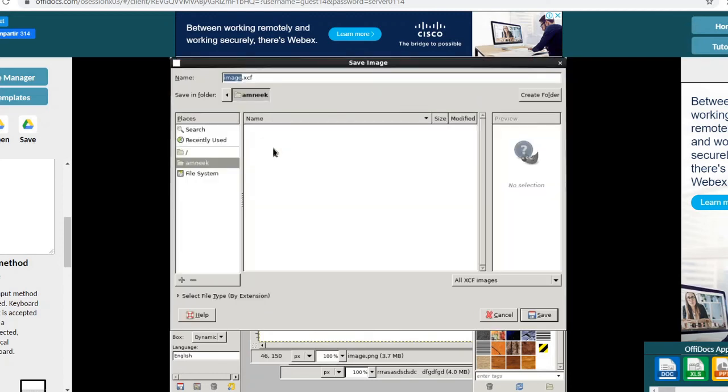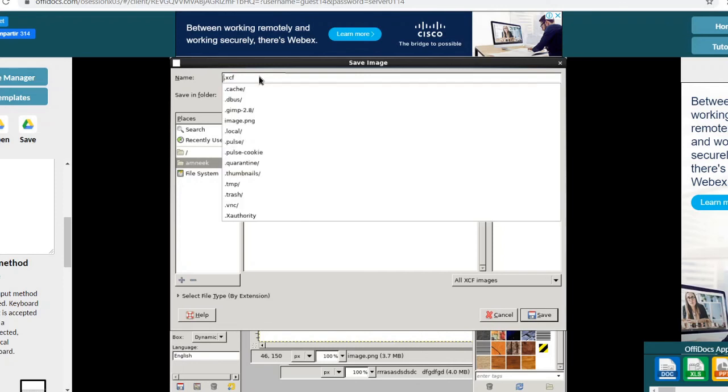When you click on the Save As option, this type of Save Image dialog box will appear. In the name box, you have to enter the name of this image. You can save it with any name.